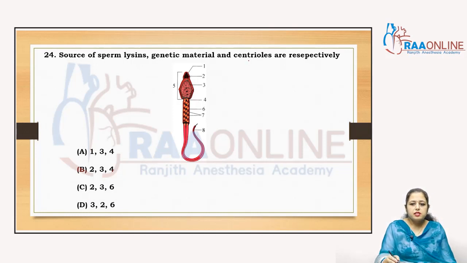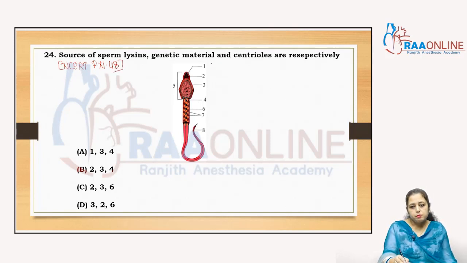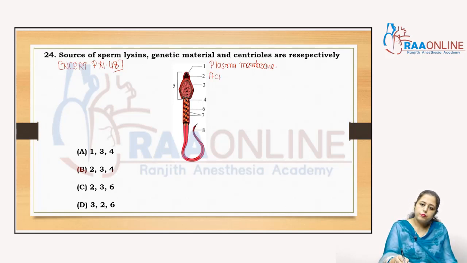The source of the sperm lysin, genetic material, and the centrioles are respectively. This is the structure of sperm, right? And it is the NCERT diagram, and in NCERT it is found at page number 48, right? That one is the plasma membrane, that 2 is the acrosome, that 3 is the nucleus,